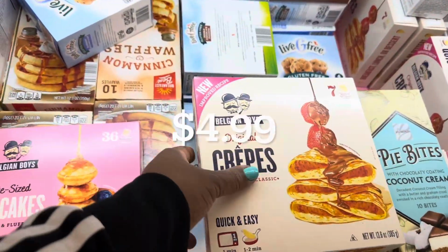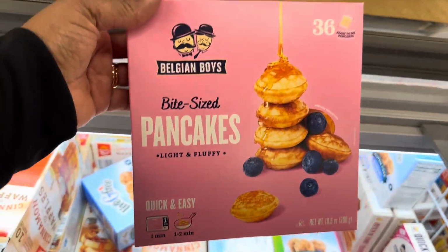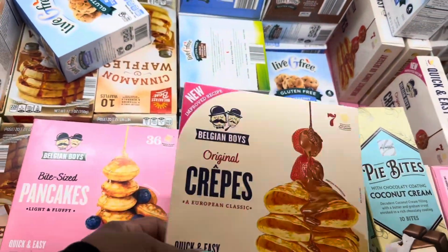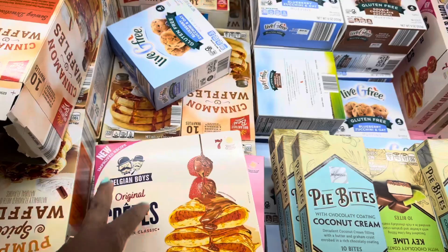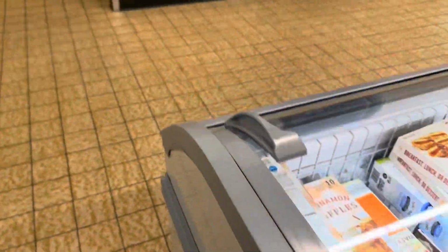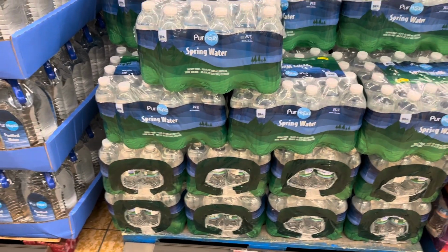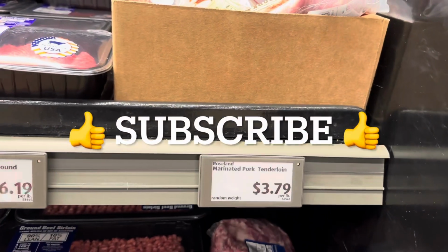They also have the pancakes, bite-sized pancakes. Oh, it looks delicious. I'll look for the prices on these items, guys, and put it up on the screen when I get it, okay? Alrighty, a 24-pack of spring water is $3.49. Marinated pork tenderloin is